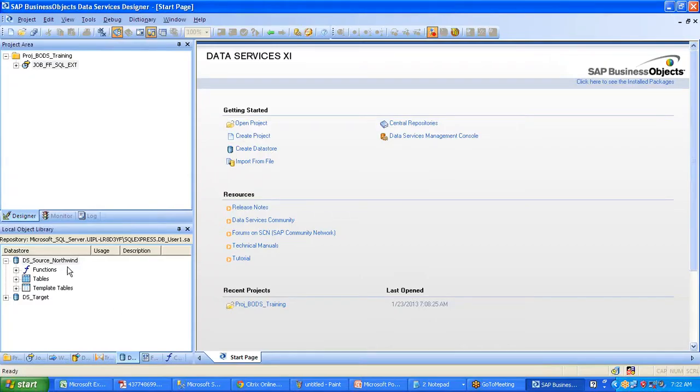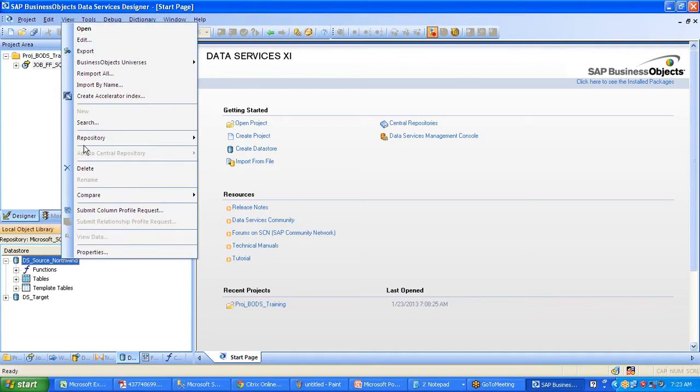Okay, so they will create these data stores and upload them into the central repository, and we local users, everybody connect to the same central repository, and we will try to import these data stores into our system so that we will have connectivity to the source data stores. So once we have these data stores, what we need to do is right click,